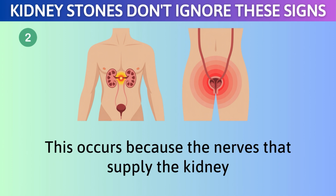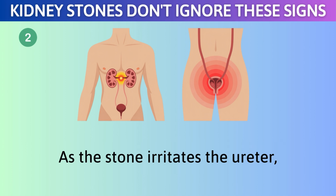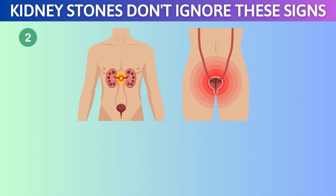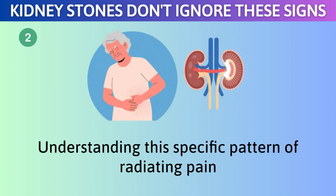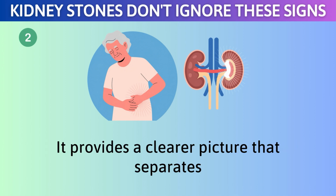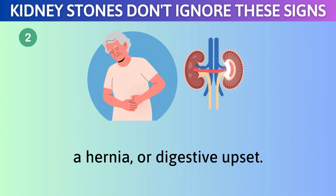This occurs because the nerves that supply the kidney and ureter are shared with these other regions. As the stone irritates the ureter, the brain interprets the pain signals as coming from these connected areas as well. Understanding this specific pattern of radiating pain is invaluable for both seniors and their caregivers. It provides a clearer picture that separates this condition from something like a simple muscle strain, a hernia, or digestive